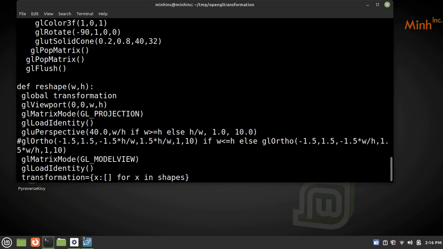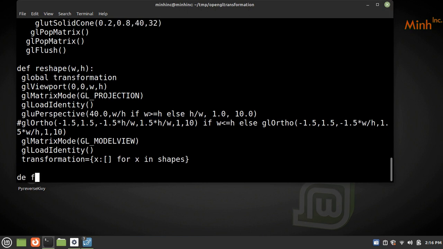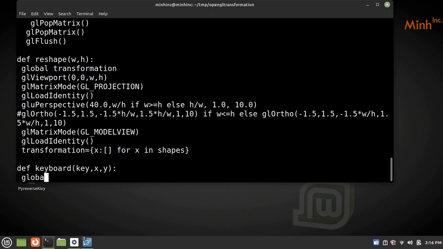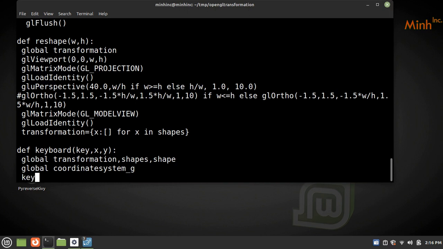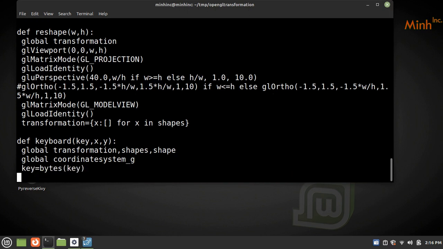Okay, now we have keyboard, keyboard key x y. Global transformation, we are changing this shape, shapes, shape, global coordinate system G. Key equal to, we will explicitly convert it to bytes. If key equal to tab,